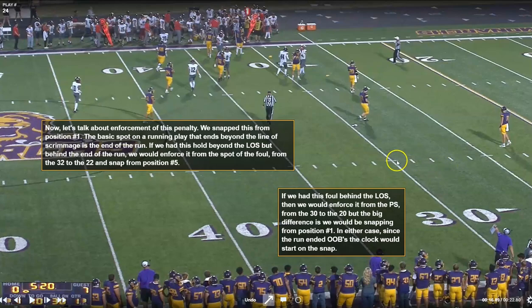But now we're going previous spot. Previous spot means two things. It means ball position and it means yard line. So the previous spot was the 30-yard line, ball position 1. So we're going to go from the 30